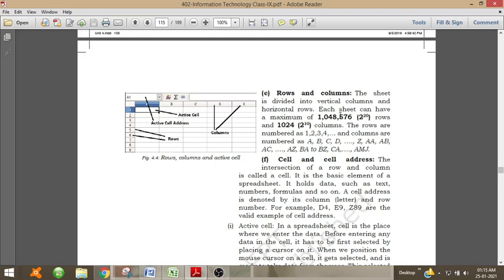Each sheet has 2 raised to 20 rows and 2 raised to 10 columns. Each box is called a cell and its address is represented by column name and row name. So each cell has an address with first the column name and then the row name.